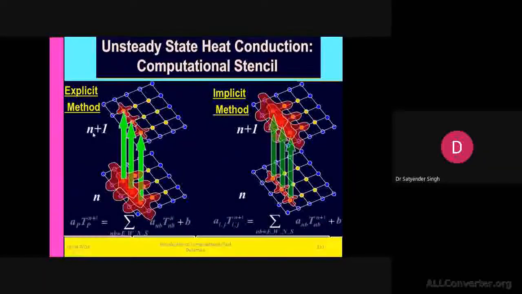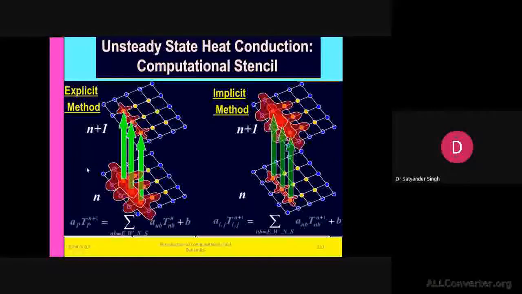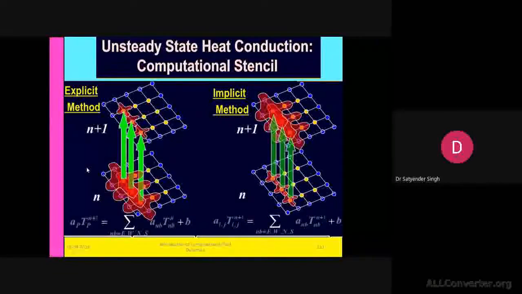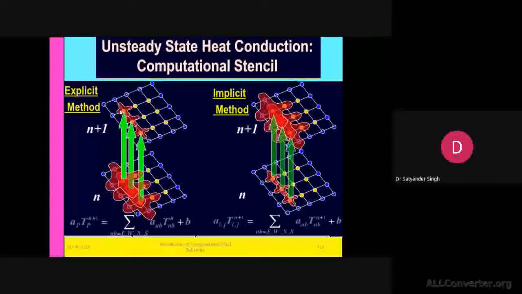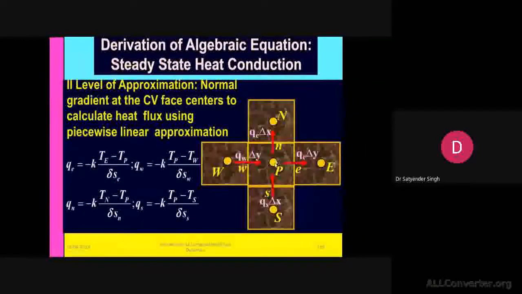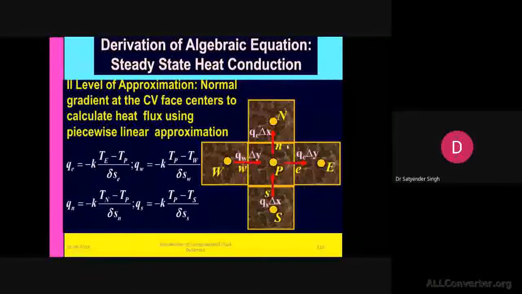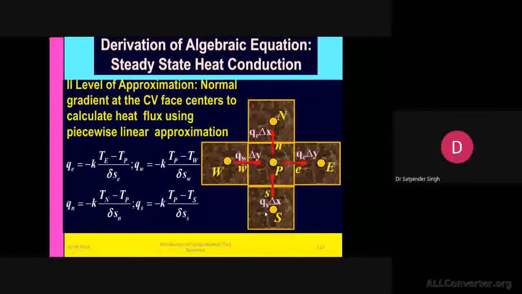Now this is the graphical representation for a two-dimensional problem. As per the understanding of the explicit method, we keep track of the east, west, north, south cells, and then only one value at the next time level will be calculated, corresponding to P. P will be the central common point. For the same, the value will be interpolated for the next time level by taking the values of all these north, east, west, south at the previous time level.